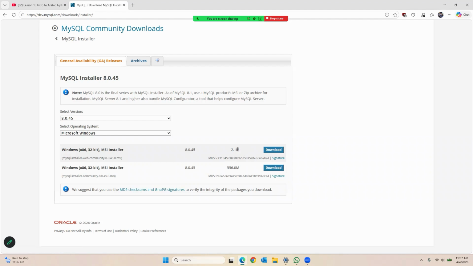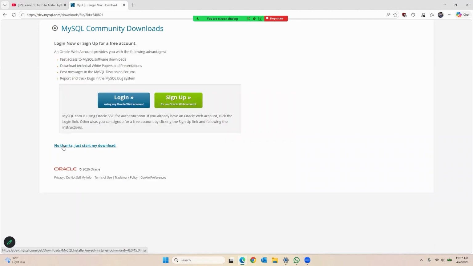The difference is it is just 2.1 megabytes, but it has very limited information available while you are downloading it, and when you install it, it will download during the installation. But if you choose this one, the 556 megabytes version, it will download each and everything, and at the time of installation you will not require anything to download. Okay, so I will click over here and I will choose no thanks, just download, because right here